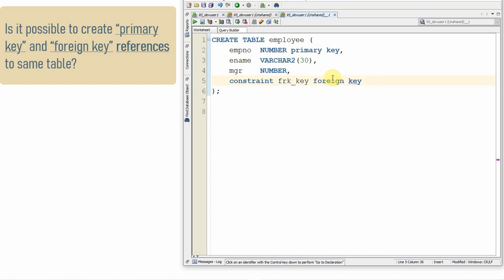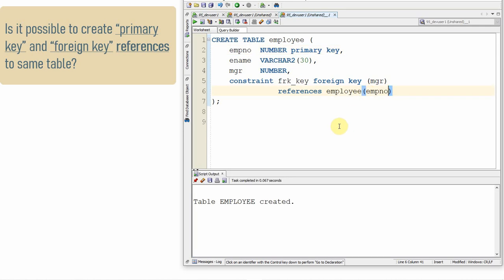Foreign key on which column? This is the MGR column. Then references employee number, that is the table and column. It is going to refer to the employee number column. So let's try to create this table. Now you can see the table is created.